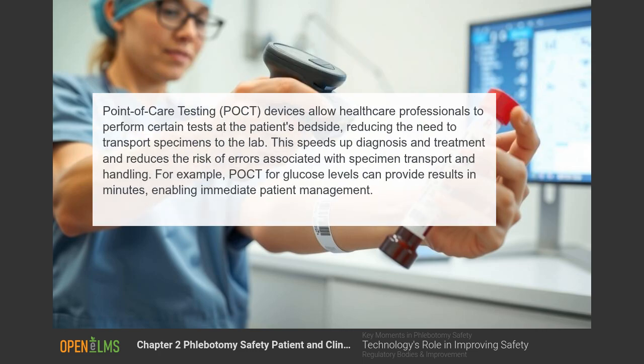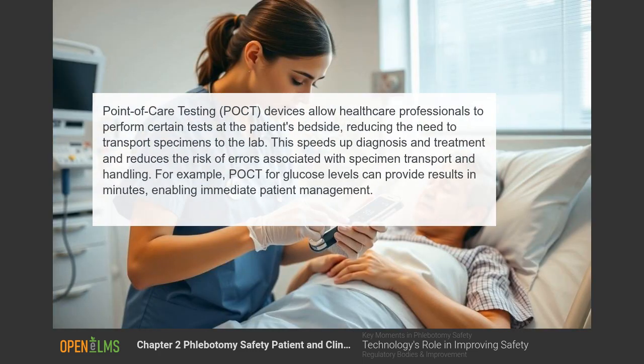Point-of-care testing, POC devices, allow healthcare professionals to perform certain tests at the patient's bedside, reducing the need to transport specimens to the lab. This speeds up diagnosis and treatment and reduces the risk of errors associated with specimen transport and handling. For example,